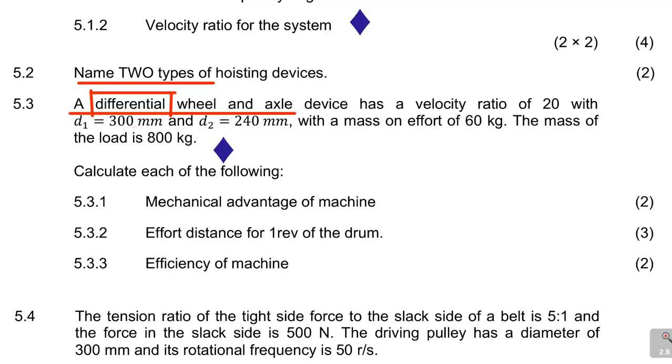With D1 being 300 millimeters. Remember, what you do is you take 300 millimeters. Milli means times 10 to the power negative 3. So if you do that, you'll get 0.3. It's like dividing 300 by 1000. Same as 240 is 0.24. This is now in meters. You must always work with meters. So they are saying D1 is 0.24 meters, and D2 is equal to